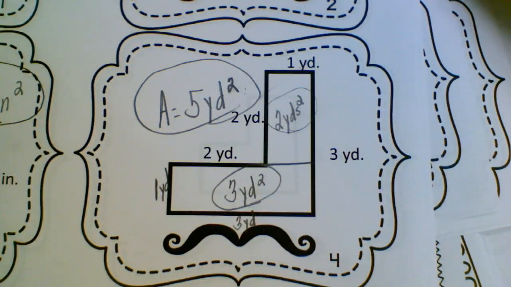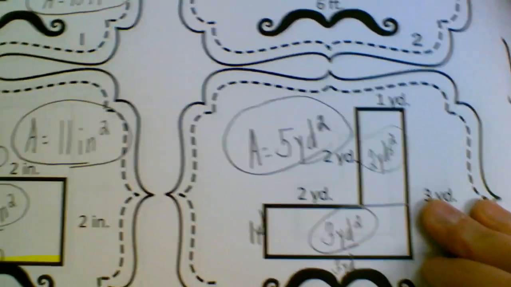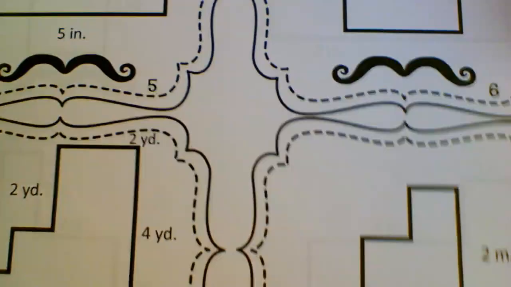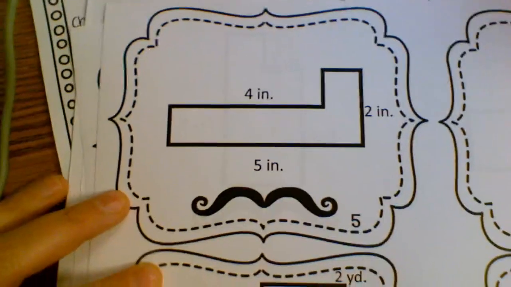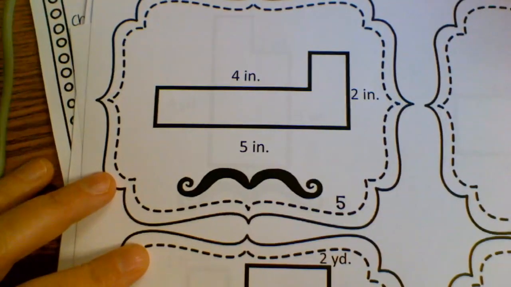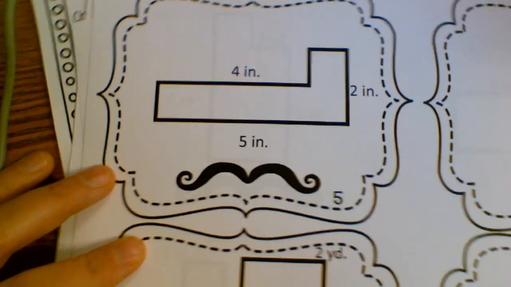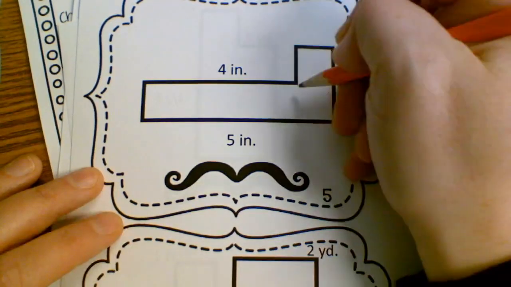This is hard. Some of you can visually see it and it makes sense. And some of you might say, oh, I have no idea what she's talking about. And that's okay, because we're just exploring this. So on your own right now, what I'm going to have you do is find the total area. So if I could at least give you some help in where I think you should